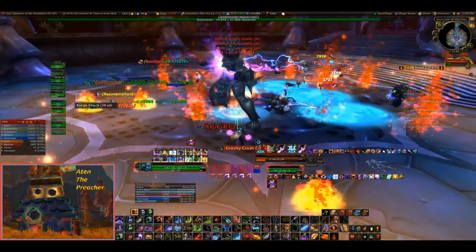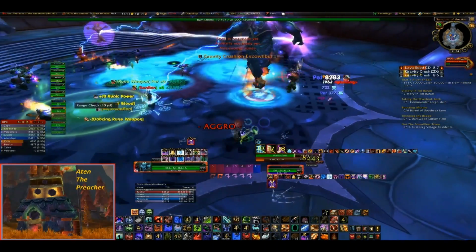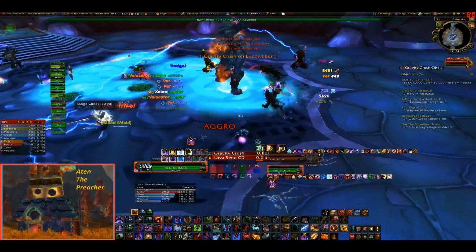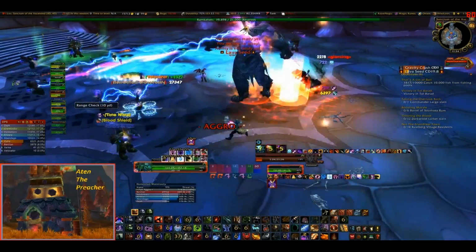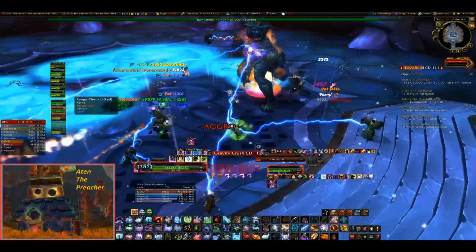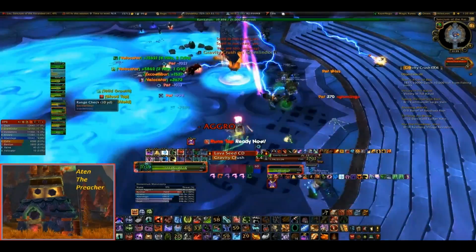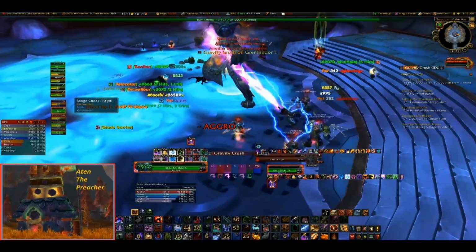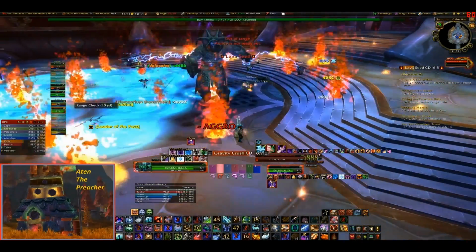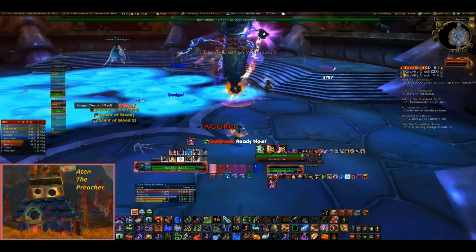In general, if you have the vial, use vial and vampiric blood together. That works pretty well. Also make sure that you're using your dancing rune weapon, because that's going to give you extra parry. So make sure that you're using all of your cooldowns and trying to get them up as other ones are falling off, because it's a really tough fight, or it's a really tough phase for your healers, and it's honestly